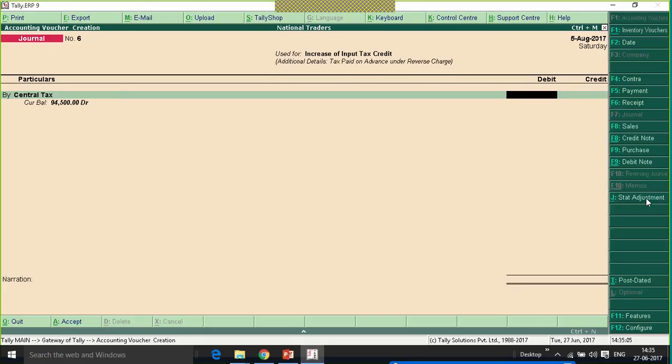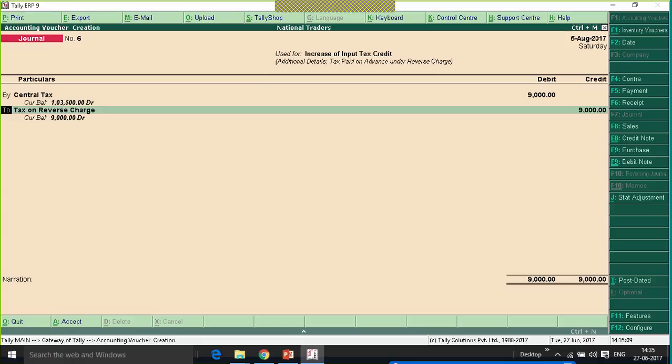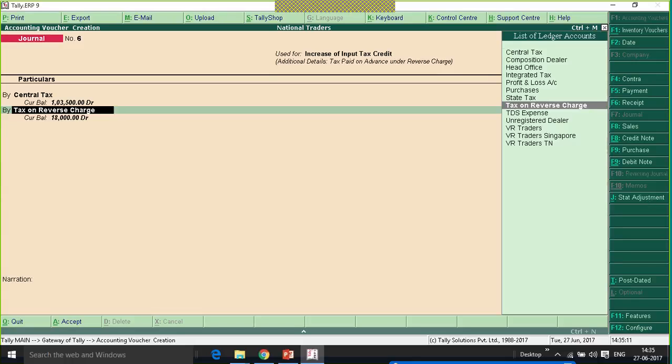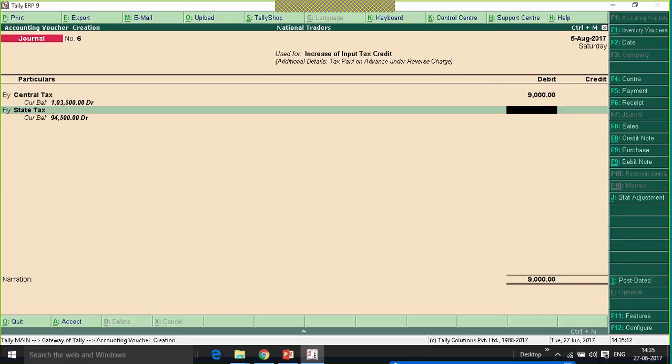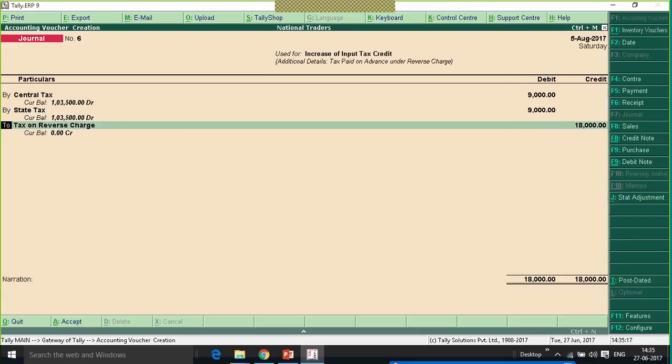I will debit central tax for 9,000, state tax for 9,000, and I'll credit tax under reverse charge for 18,000, which I had debited during my increase of liability.